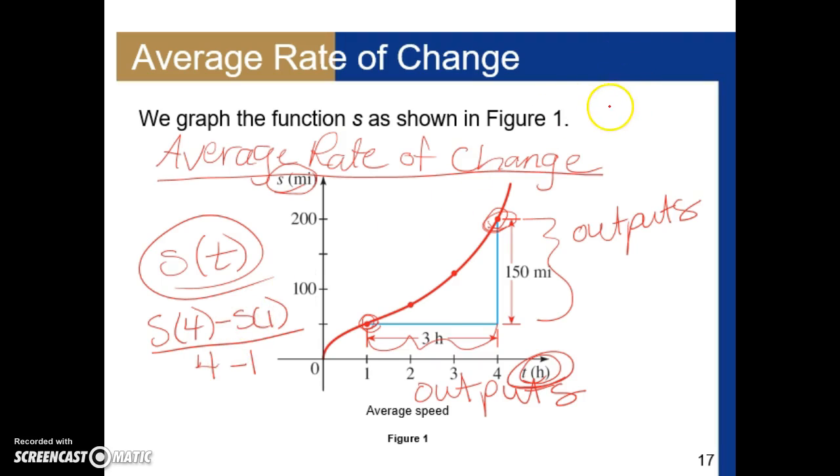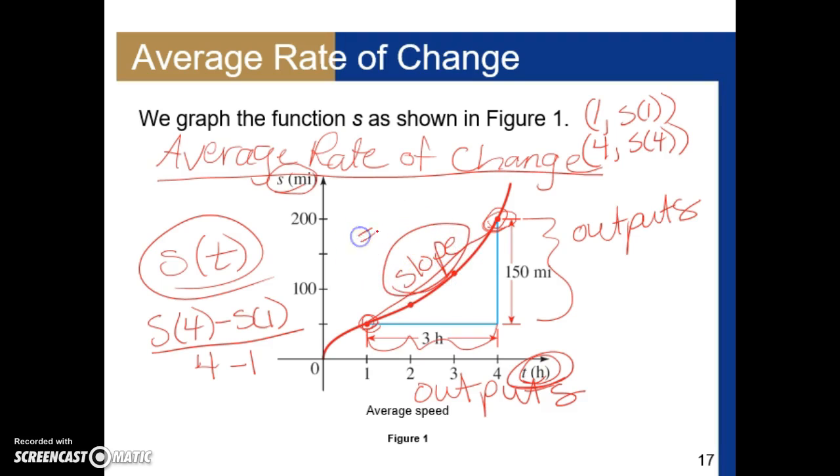So we need 2 data points. Remember, we need s of 1 and we need s of 4. Those are 2 points of data that we can find the slope of the line that contains those 2 points, and the slope equals the average rate of change. So we're looking for the slope of a line. So it's the change in dependent variable